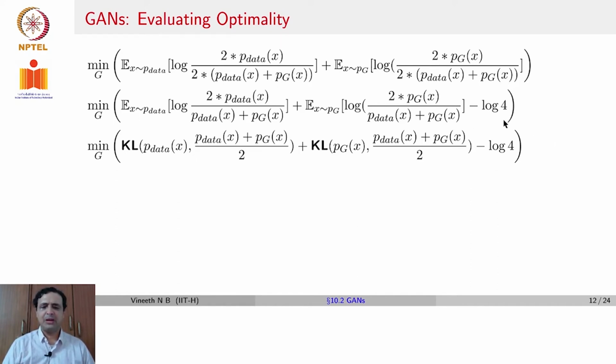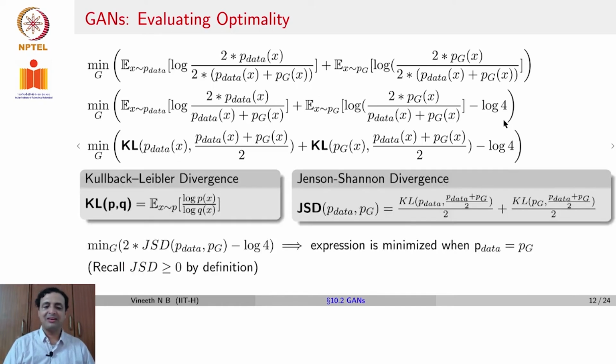Now let's briefly review some standard notations and definitions. Remember, KL divergence is given by, in this case, to simplify things, expectation x belonging to p. Instead of p log p by q, I can write it as expectation x belonging to p of log p by q. And Jensen-Shannon divergence, which is another divergence measure to measure distance between two probability distributions, is given by,